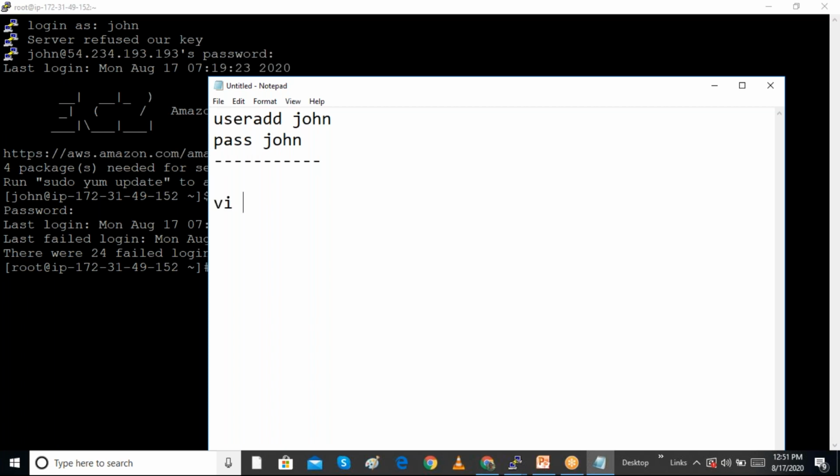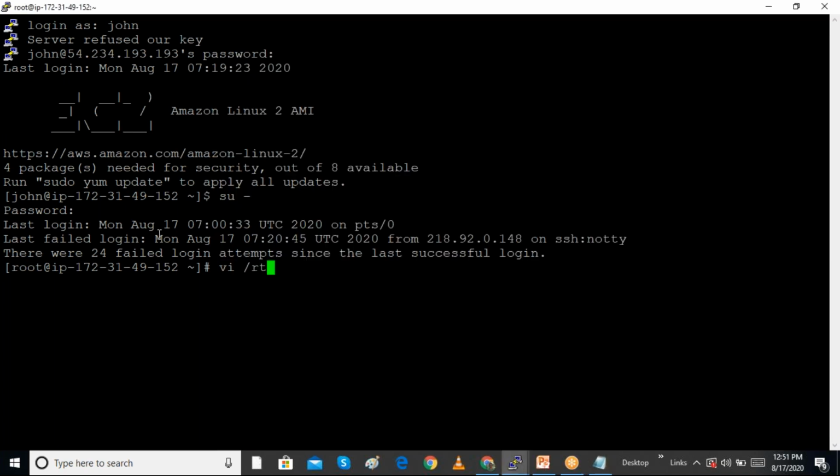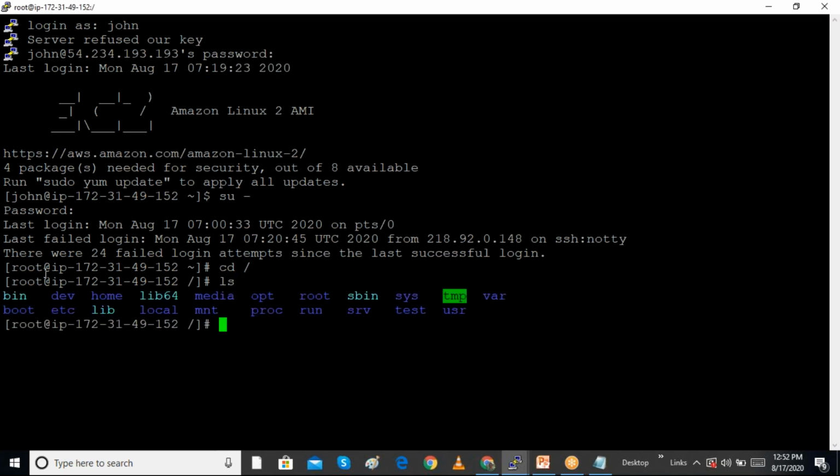When we create a user, the usernames are stored in the /etc/passwd file. In the etc folder, inside the folder, one passwd file, all the usernames are stored. In Windows, we create a user and we don't know where it is stored, but in Linux and Unix we can see this information. If I go to cd slash, I am going to the parent directory, and we can see so many folders are there. I went to the etc folder and there are a lot of files there.